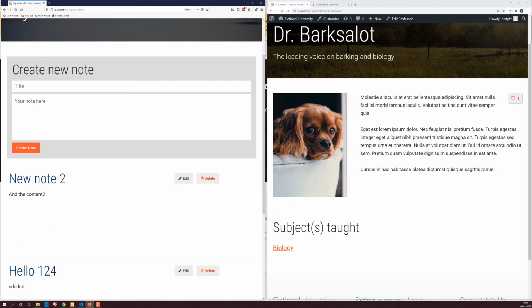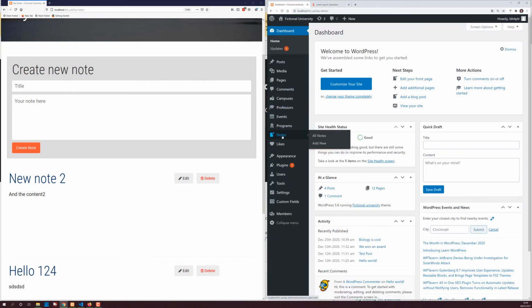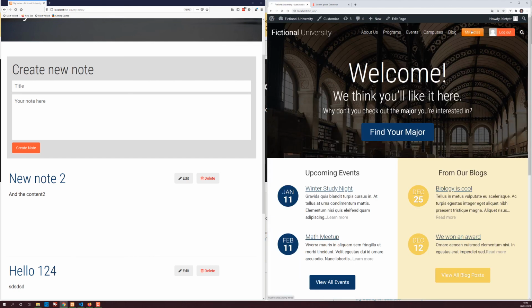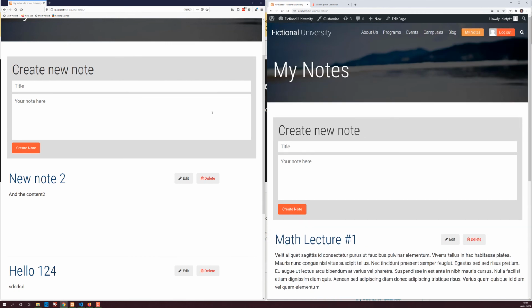You save it here. Obviously, as an admin, you can see it in the admin panel, but it's not part of my notes. So I've got different my notes for the admin. Also, if we create an admin note and paste in some text, yeah, why not? Let's paste this in.